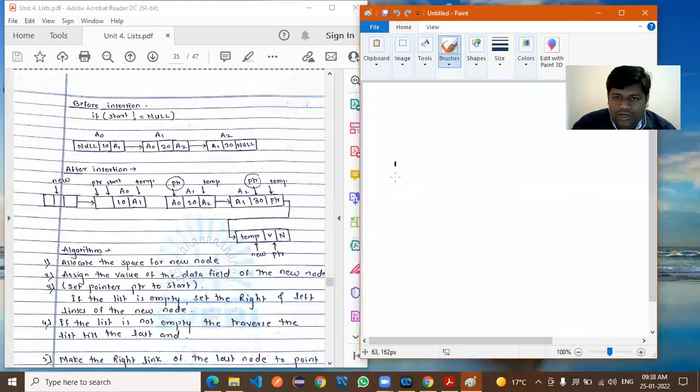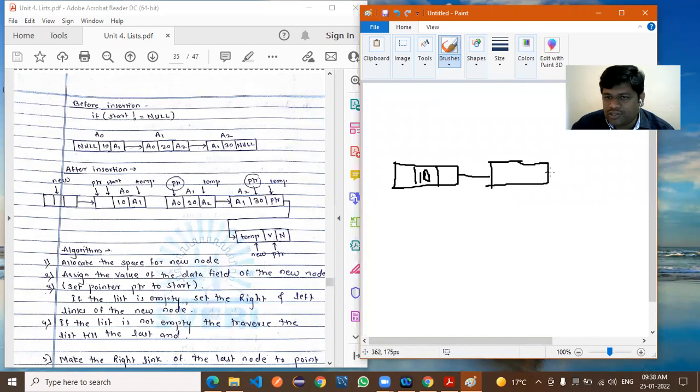Here I will draw. Now you have these nodes, right? This one is the first node, 10. After that, this one is the next. This one is the third, right? Now if you want to add the fourth node,